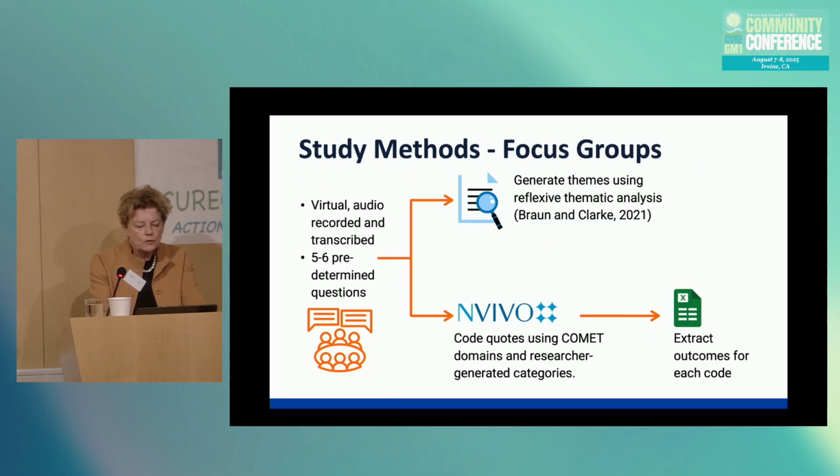So now let's come to our focus groups. One part of this evidence finding process is to find out what patients who are affected and their caregivers think would be important for them. And we did virtual audio recorded focus groups, which were transcribed, and in those focus groups we asked a few predetermined questions. Then there is a whole process of transcribing the focus groups and generating themes, and